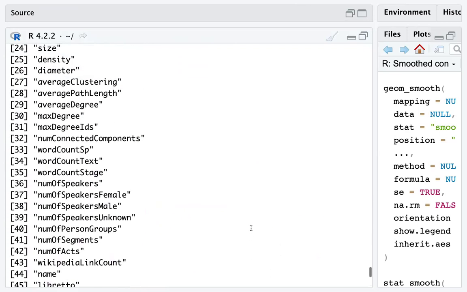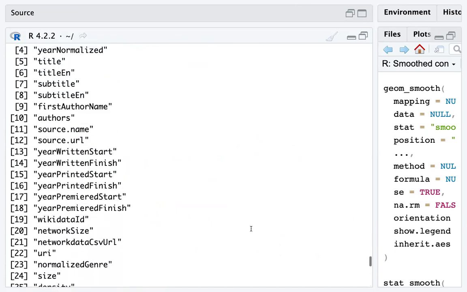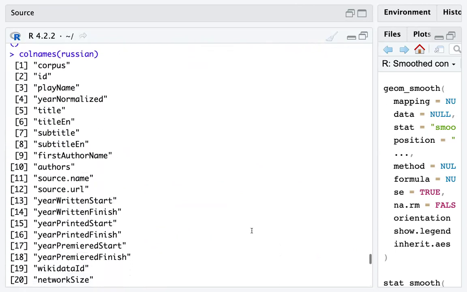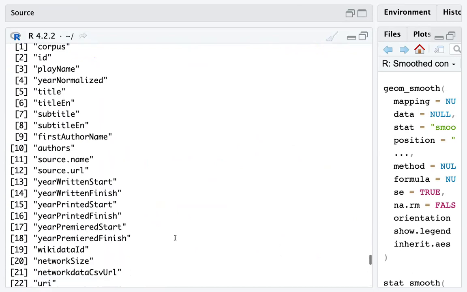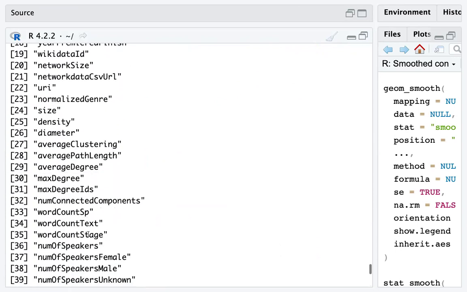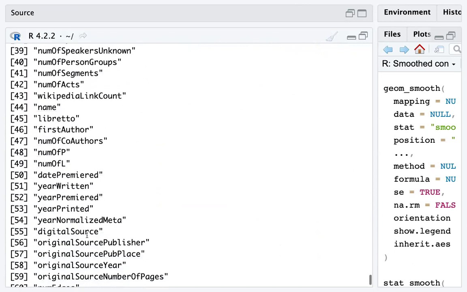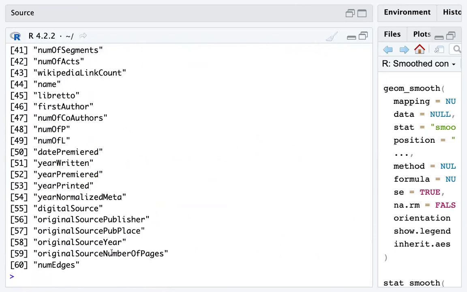So the variables which are categorical are, I don't know, not so many. Like the genre, if it is a comedy or a tragedy, then